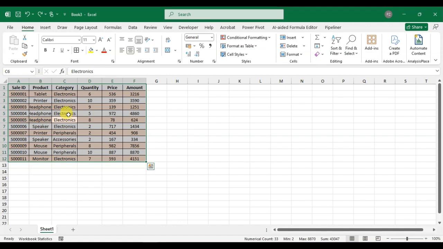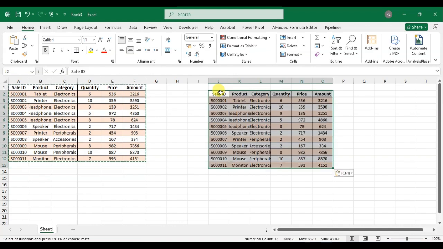After that, just press Ctrl C to copy this data and select the area where you want to paste. So I select this cell and use Ctrl V here to paste this data. Okay. So then the second way to copy paste values: select the area where you want to paste and simply